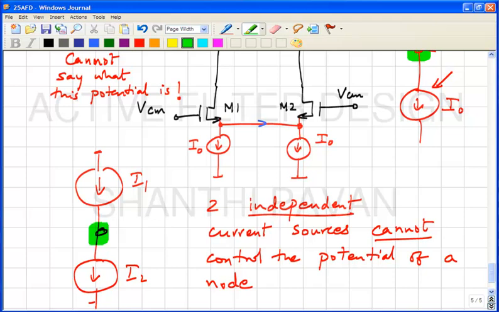So now we know the problem. So what is the solution? The two bosses are not talking to each other. That's the problem, right? So what should you do? They should talk to each other. In other words, one boss should be controlled by the other, in which case the guy is no longer a boss, though he thinks so. So two independent current sources cannot control a given node. So obviously, if the node has to have a well-defined potential, one of the currents must be made dependent on the other.